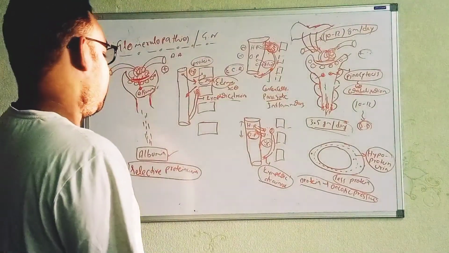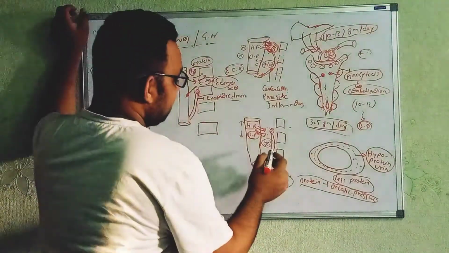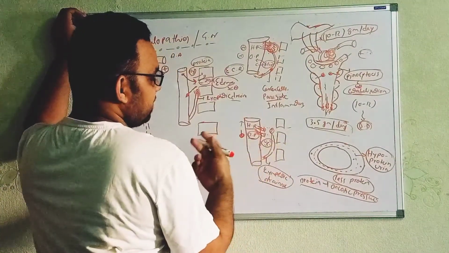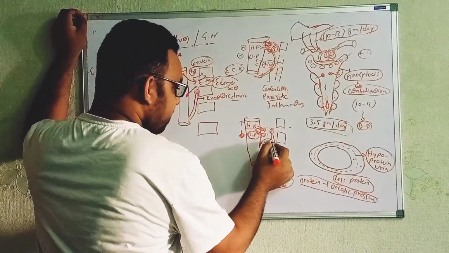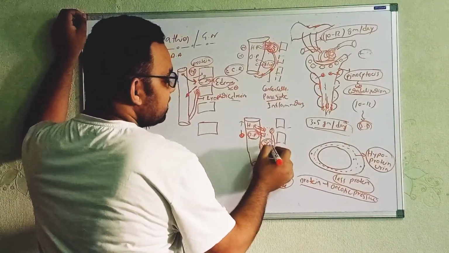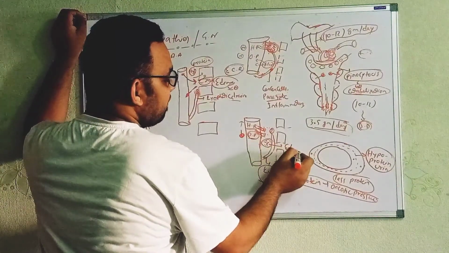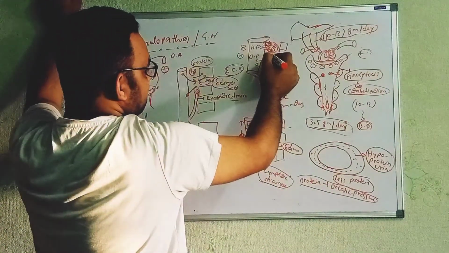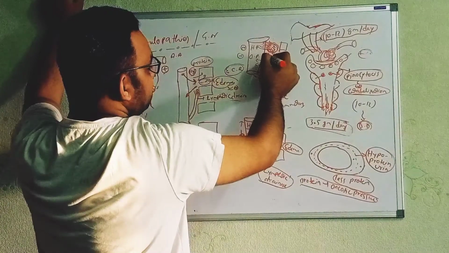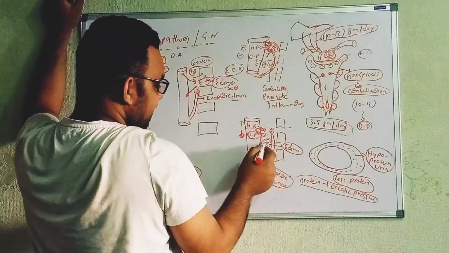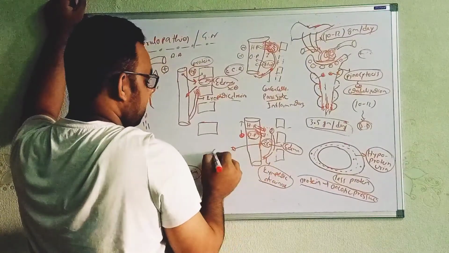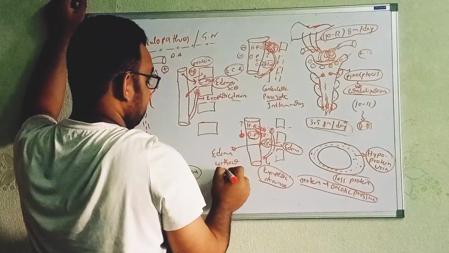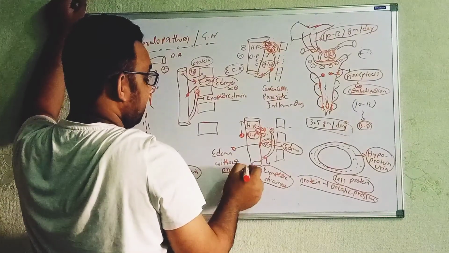But in the second case, what did we see? The osmotic pressure is decreased severely and the hydrostatic pressure is increased so much. As a result, water molecules will keep accumulating here, and we will see the edema, and this edema will be severe. Some amount of water molecules will be here along with the proteins. So in these cases, we are seeing edema without protein. This type of edema, for example,